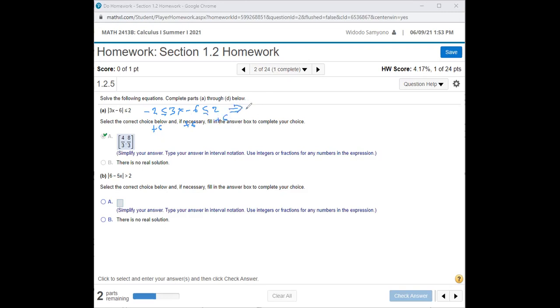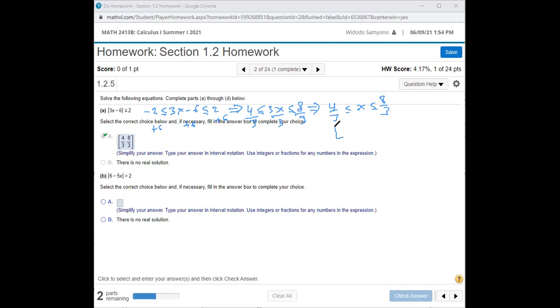So in here you got what? Negative 2 plus 6, you got 4, right? And then you have 3x in the middle, right? Because this one is gone, right? And then you have 2 plus 6 is 8. And then the last step is divide all of them by 3, right? So this is divided by 3, divided by 3, divided by 3. They give you 4/3, x, and then 8/3, right? So the answer will be,